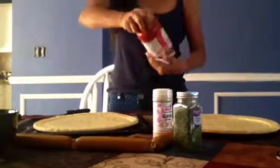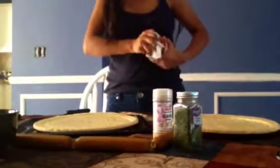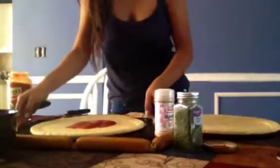Like I said, I'm not making this pizza from scratch, but I was just craving some junk food and set it on pizza. Oh, I think that was a little too much. And I'm just going to grab a spoon. I apologize you can't really see what I'm doing here, but